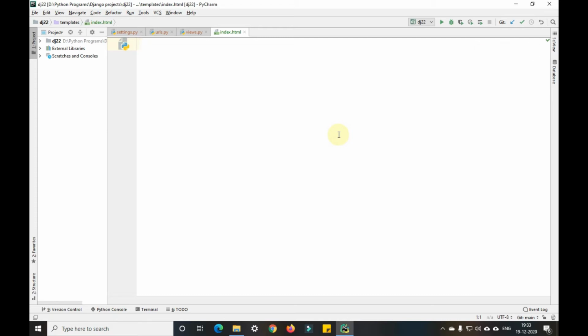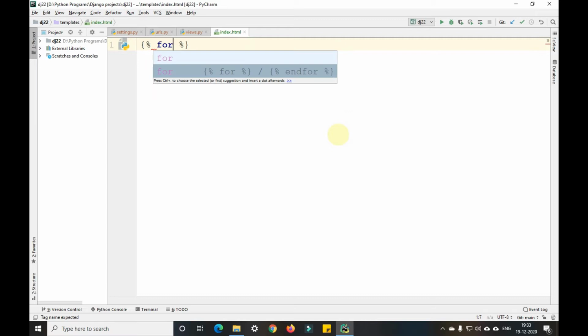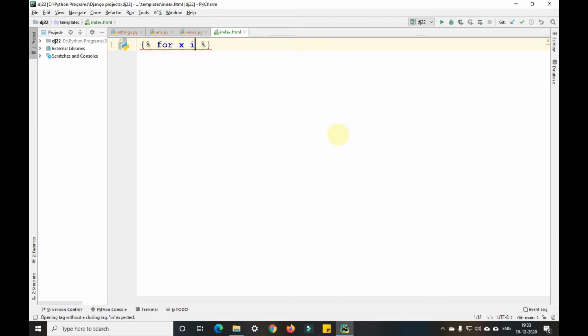In this I'm not writing the opening HTML tag or body tag or anything like that. Just I'm writing the code for x in data and endfor. Okay, so between these we'll print x here, and if